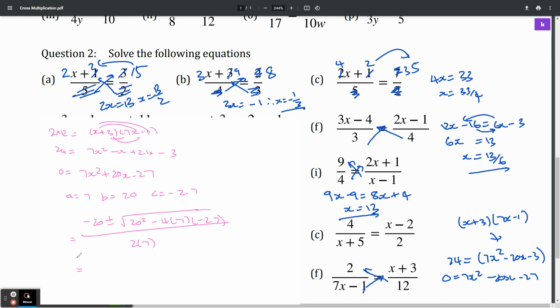Okay, so let's go to the next part. So we're going to have minus 20 plus, first, let's say, the square root of 20 squared minus 4 multiplied by 7 times negative 27, all over 14. And the answer would come to 1 if it's plus, and if it's minus, it'll come to negative 3.857,